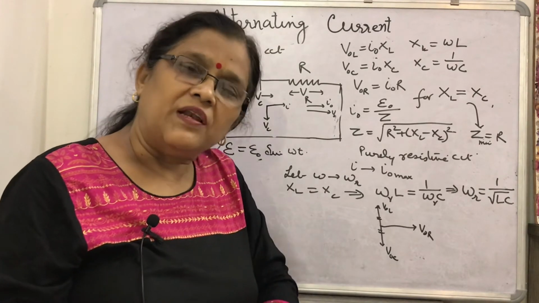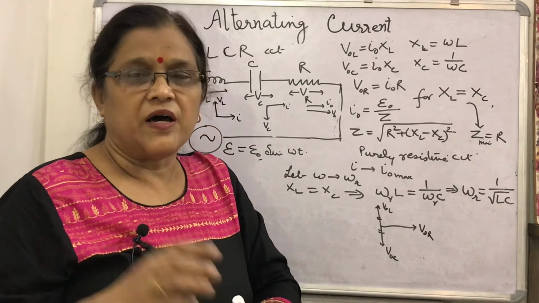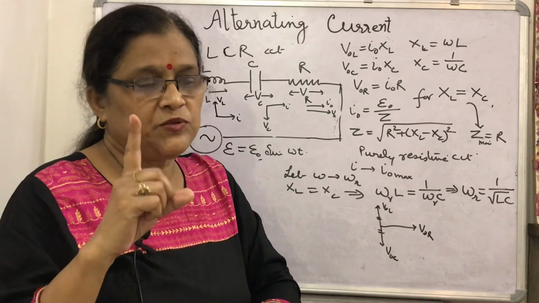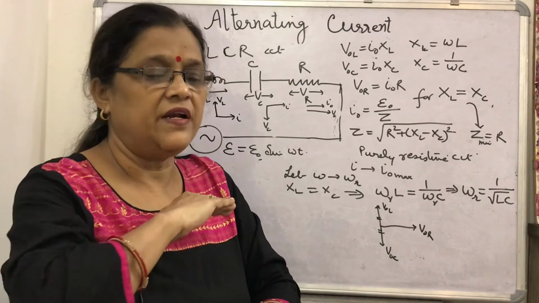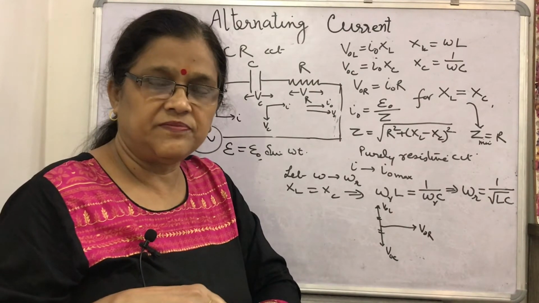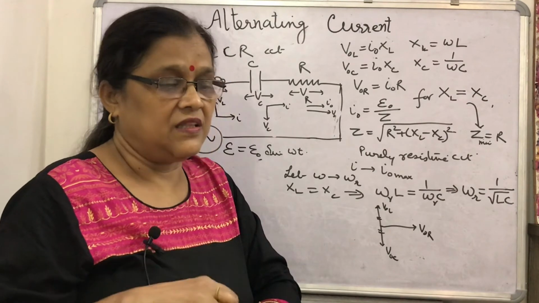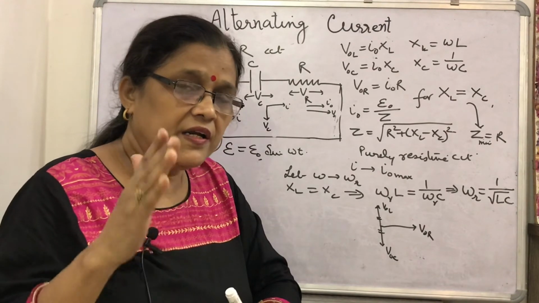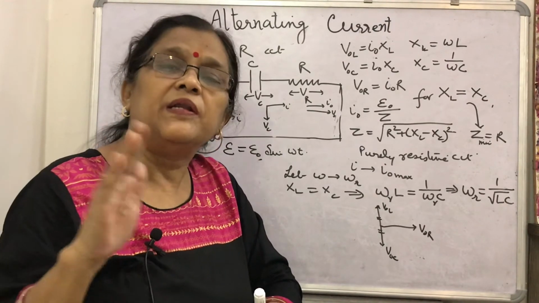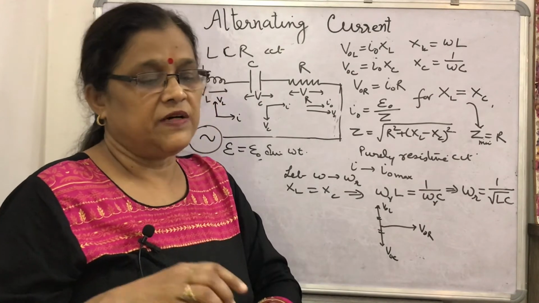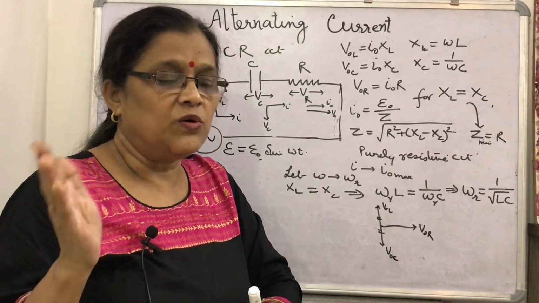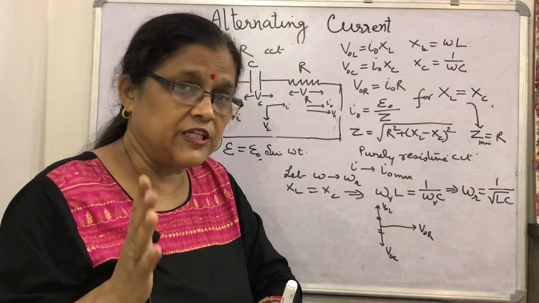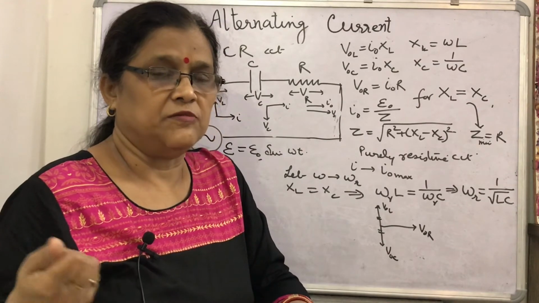One more point: when a large number of frequencies are fed into a series LCR circuit, it accepts only one frequency and rejects the other frequencies. What is that frequency? That is the resonant frequency. Corresponding to that, the current in the circuit becomes maximum and impedance becomes minimum. That is why a series LCR circuit is also called the acceptor circuit. Whenever electrical resonance takes place, the audio video signal becomes very strong.